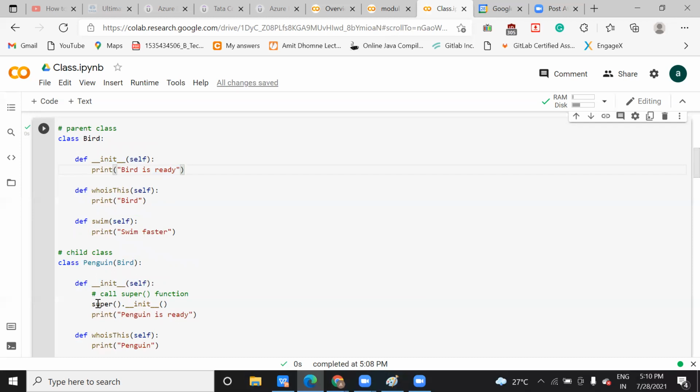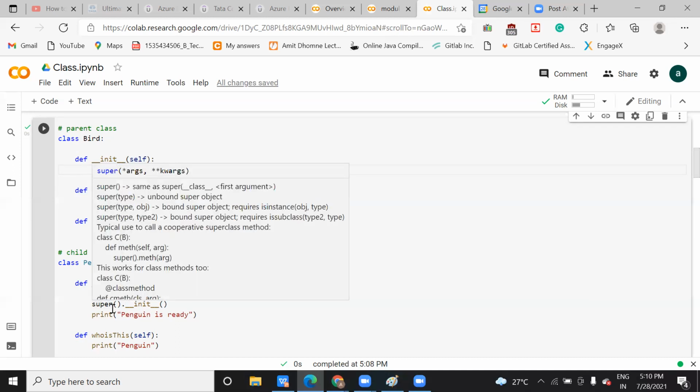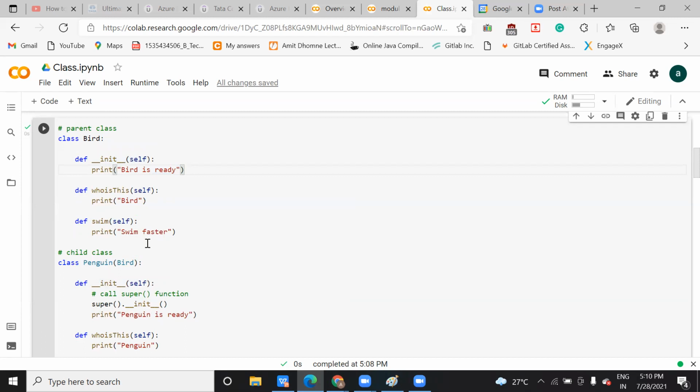So whenever you use this super keyword with this init function, the compiler will come to know, okay, you are talking about the super class function. Super means your parent class. Always remember that inheritance is one concept where you are using a class object and a parent class; we follow a parent-child relationship. Parent-child relationship means